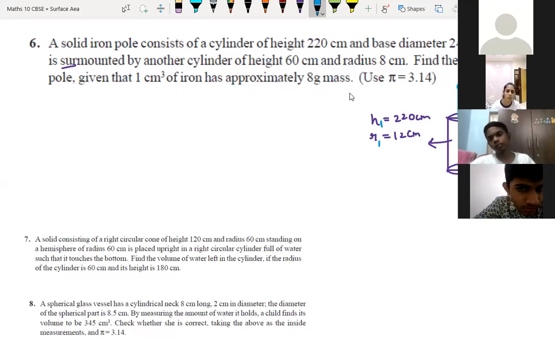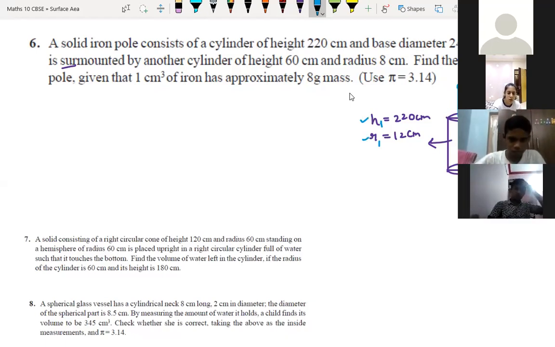So what we can do here is, see, there are two cylindrical poles. This height and this radius, and that height and radius, they both are different. So we have to find the mass of the pole. So mass is nothing but the weight of the pole actually. You don't think about this physics part. Weight is nothing but mass into gravitation. That you know, no? Yes, sir. Don't use this thing. Just simply the mass.